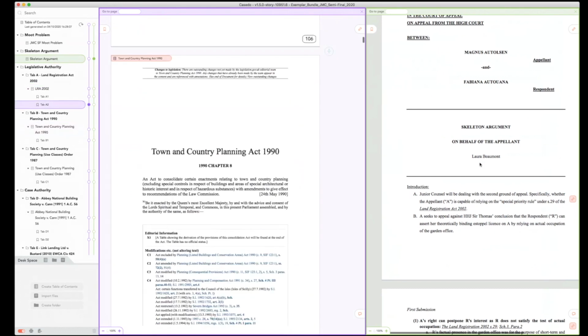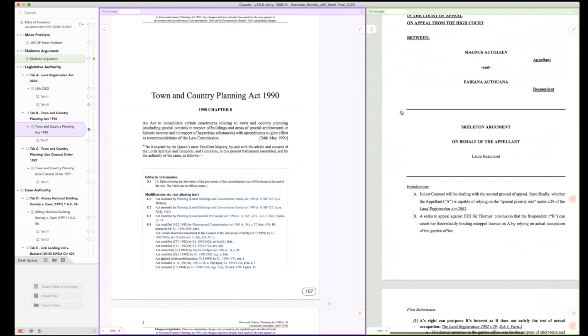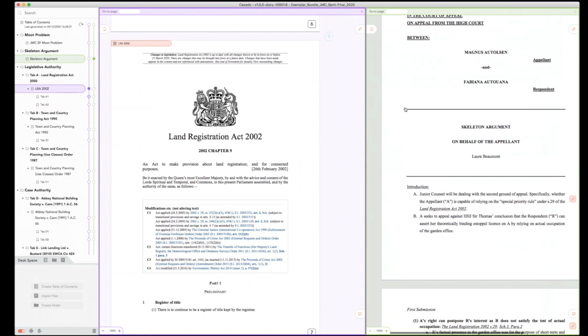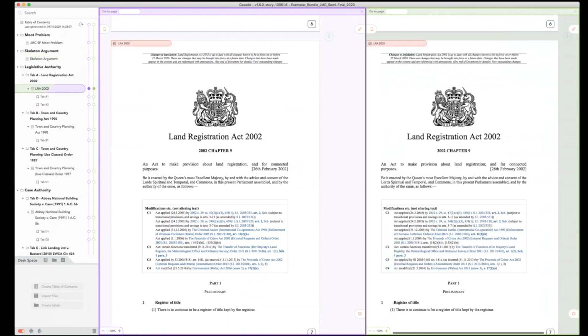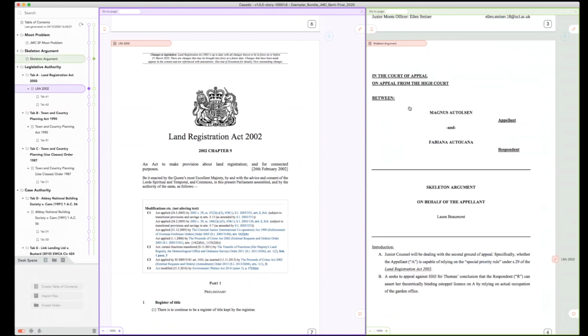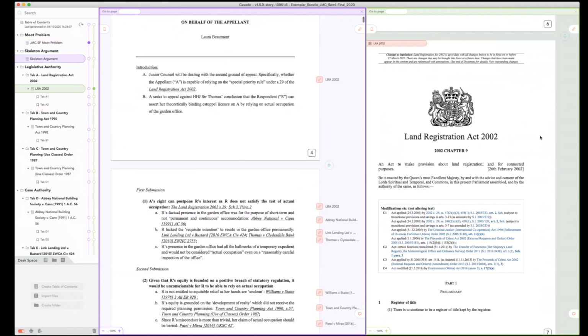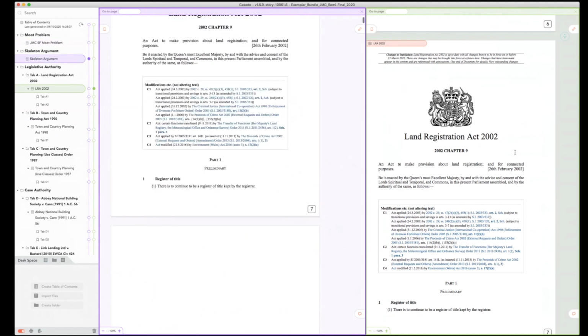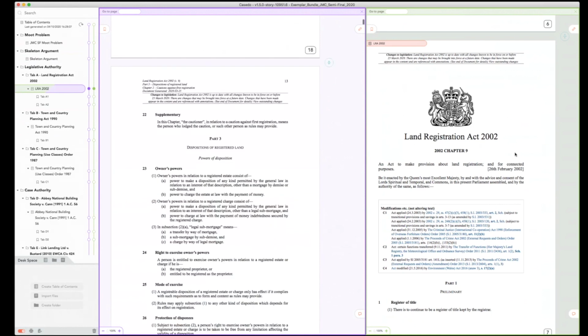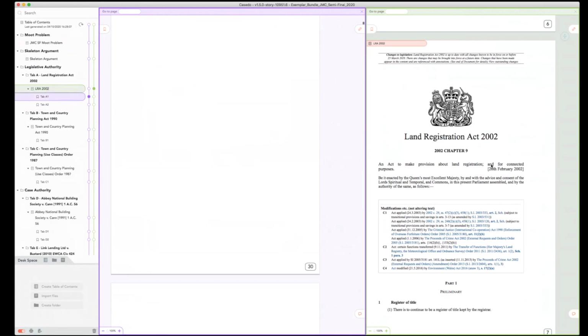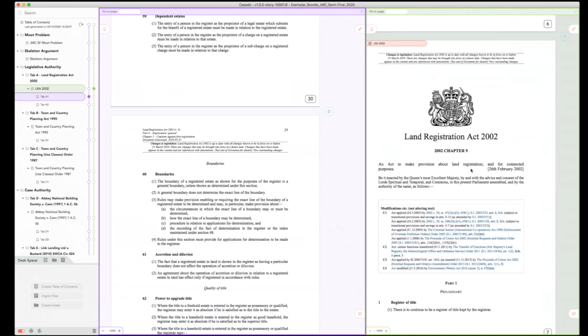What you'll notice straight away is that to view a document, I don't click on the name. I click on the colored circle, and that's because if I want to view it in a different window, I can click on it in the different dots. So I can choose what to see in each window, and I can easily switch those around. And you'll see also that as I scroll through, the colored lozenge follows what I'm looking at. So I can scroll down the bundle and immediately see what document or section I'm in. So this is where you build your file.